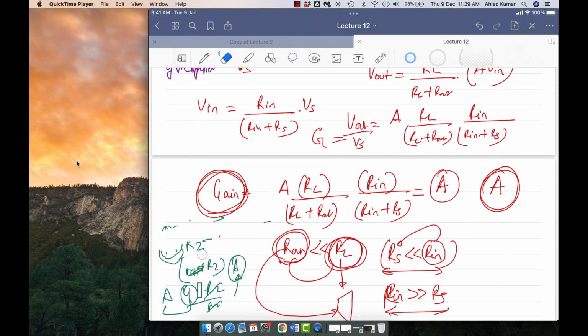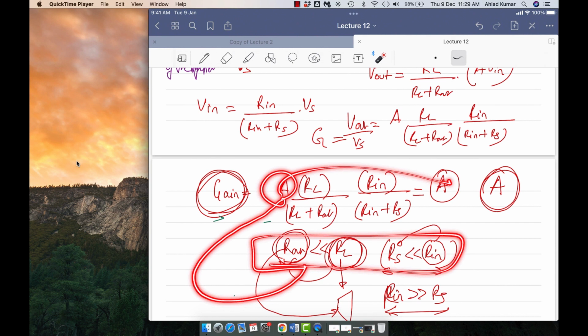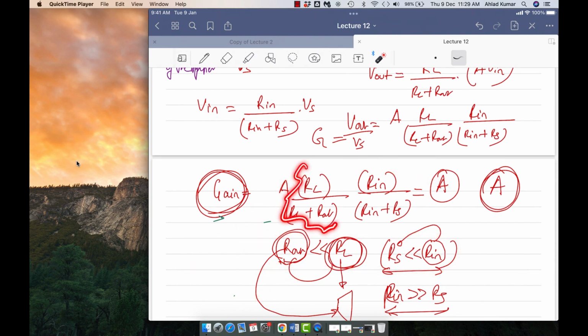Similarly, you can find this out here also. Somewhere down the line, we saw that this gain was reducing because of this factor. It is getting less than A, right? So this way you are actually controlling the gain A. And what we tried to see was how to make this A equal to A and how to nullify these effects. So that's why we got these constraints. From these constraints, we got the answer that you got A as A only. These resistances, which we will be discussing later on in the op-amp circuits, will help you control the gain. Any other question?